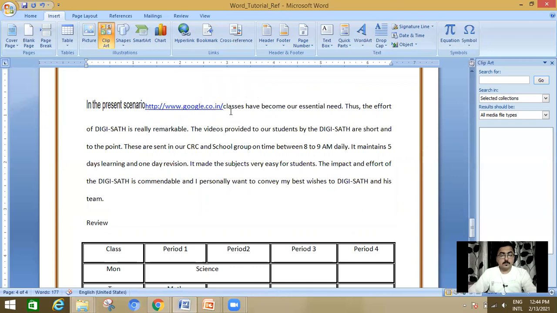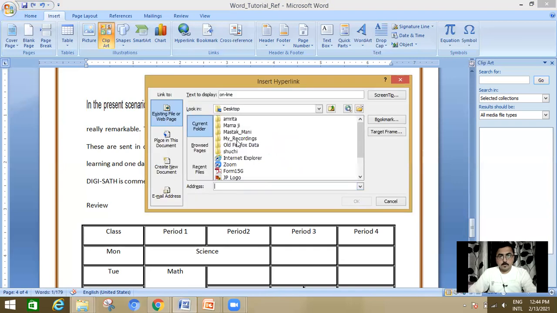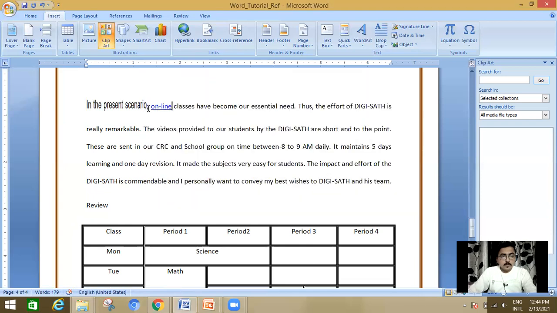Sorry, hyperlink, text to display online, where to go, google.co.in, click on OK. Now, the hyperlink data is now highlighted with blue color and underline.